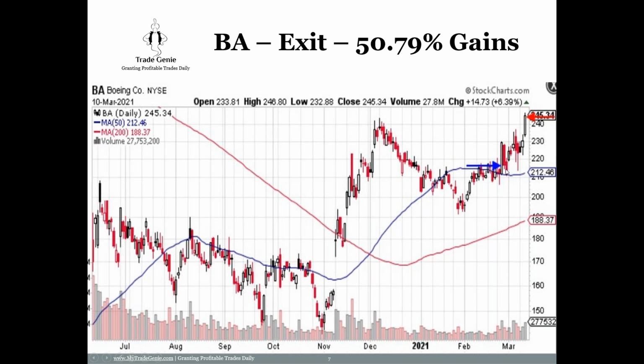So now you see 2 days of pullback, giant hand holding the 50 days, and then it bounced up and hit the target. So it hit 250, one of the targets. 310 is the next target. It's going there.